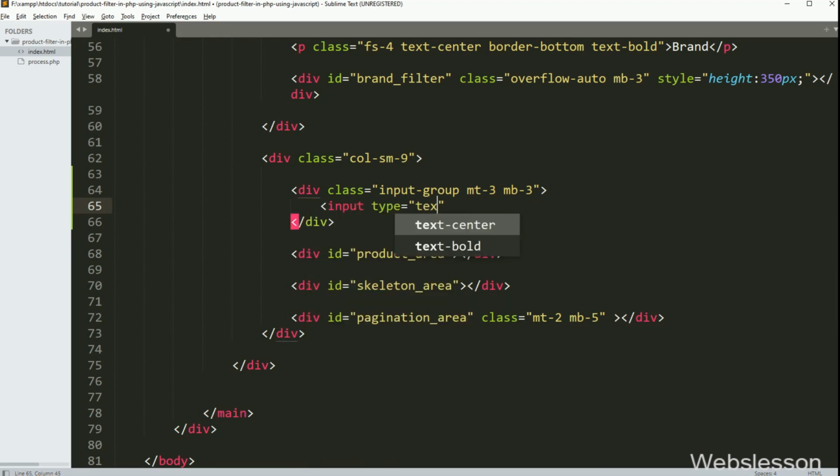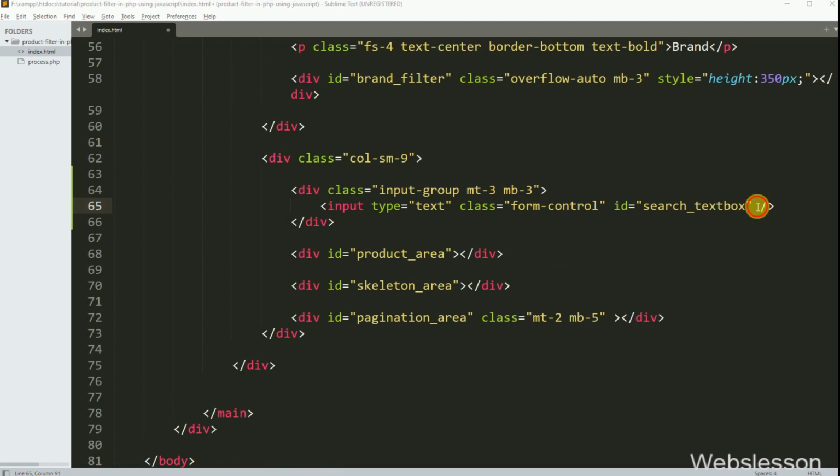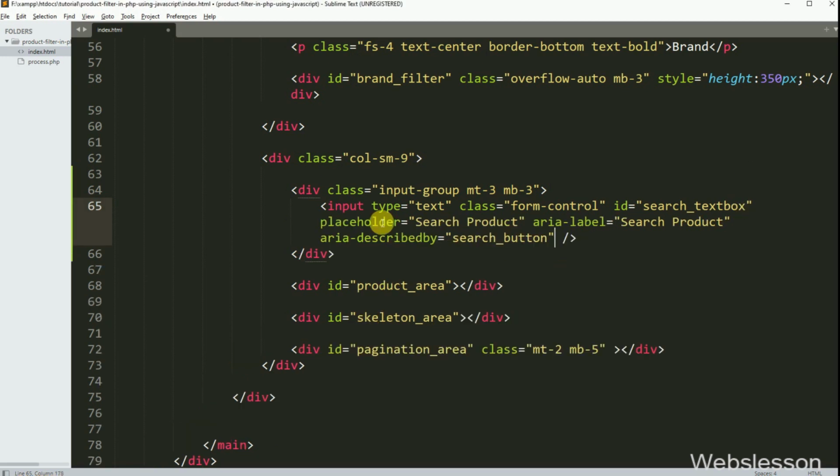So we have written input type equal to text, class equal to form-control, and id equal to search_textbox. In this element, we have written placeholder equal to "Search the product", aria-label equal to "Search product", and aria-describedby equal to search_button. Users can type their search query in this text box.